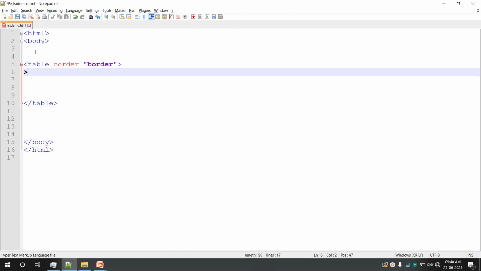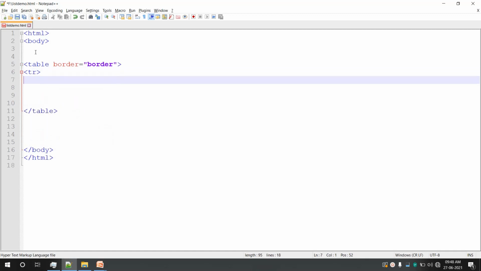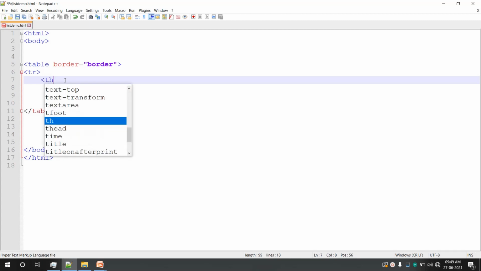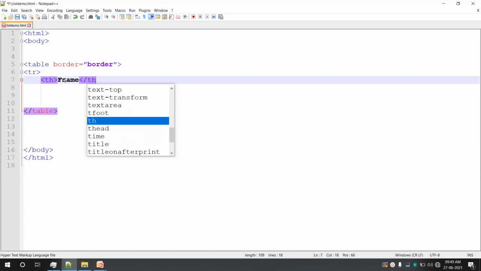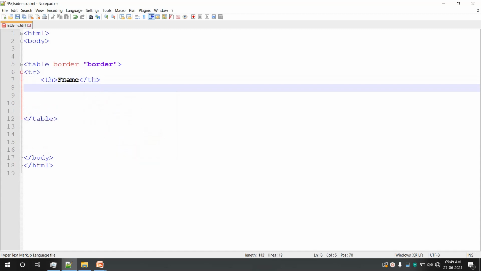So, to create the first row we have to use TR. TR stands for table row. In the first row we have 3 columns, right? We are creating the example which I have shown there, 3 columns. That too, these columns are not data columns, these are headings. So, TH has to be used. First column is, I said, F name, first name, then TH closed, first cell is closed.